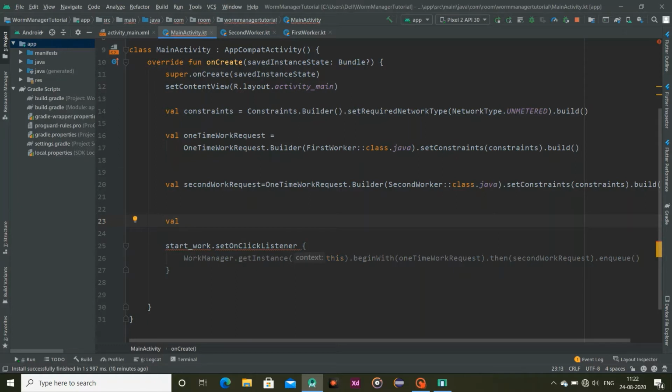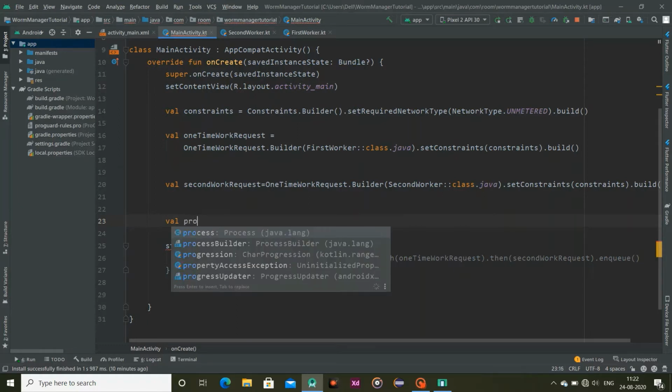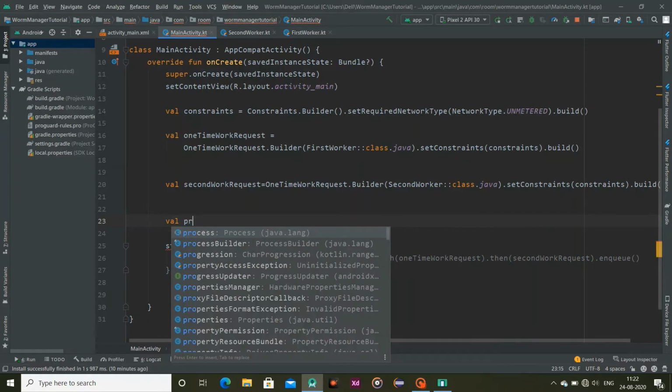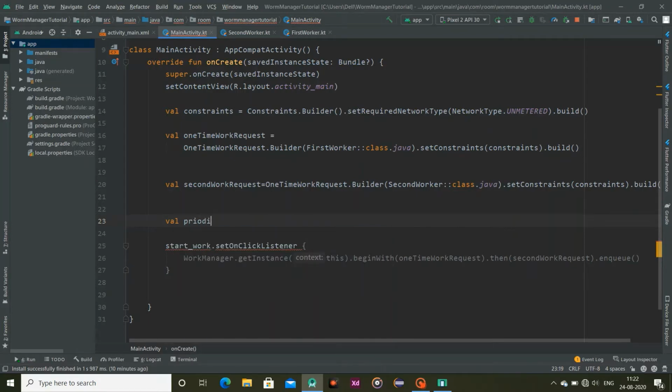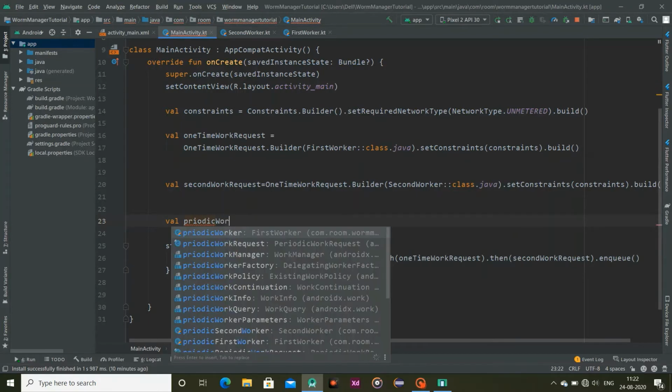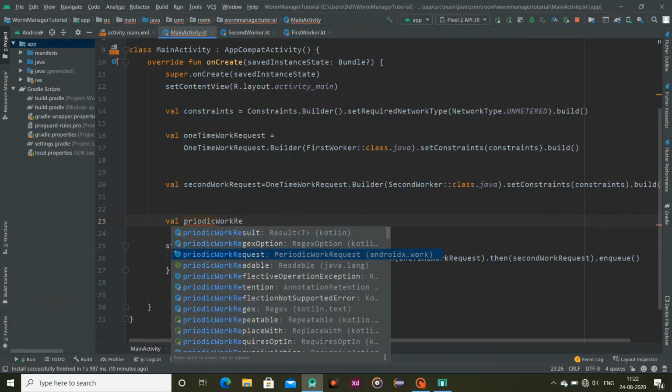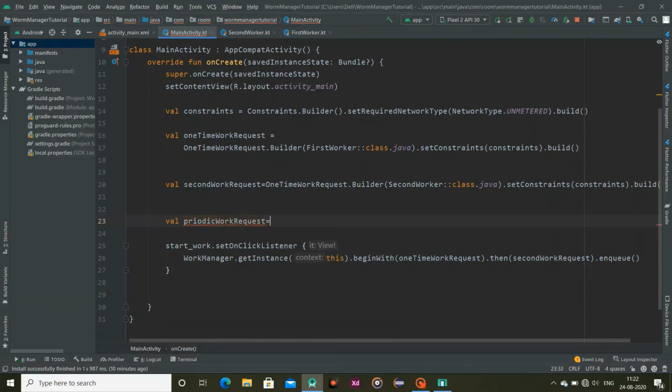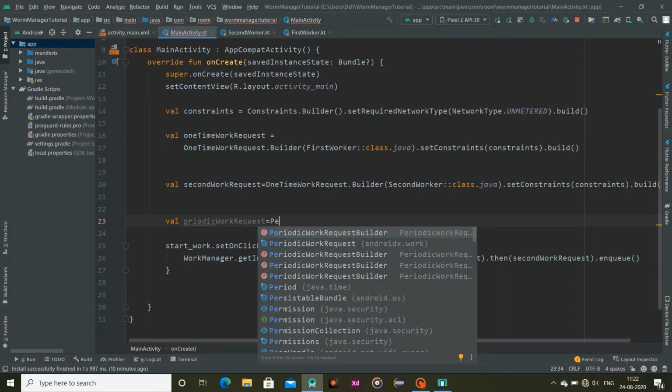Periodic work request. You can see we got here PeriodicWorkRequest. So PeriodicWorkRequest.Builder and PeriodicWorkRequest.